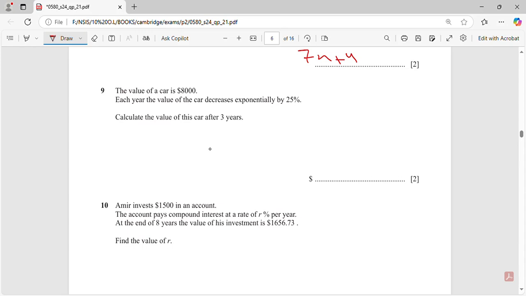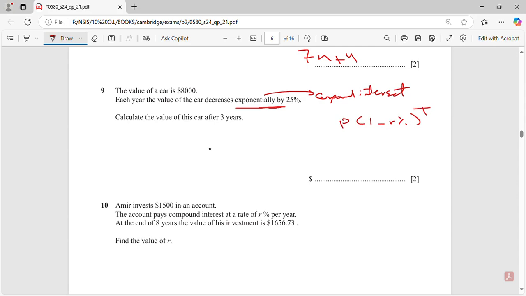Now let's go to question number 9. He said that the value of the car is $8,000. Each year the value of the car decreases exponentially by 25%. Of course, as he is talking about exponentially, what are we talking about? We're talking about compound interest. You have to remember this. So compound interest. What is the meaning of compound interest here? It means P multiplied by 1, and as this is a decrease, it will be 1 minus r% all to the power